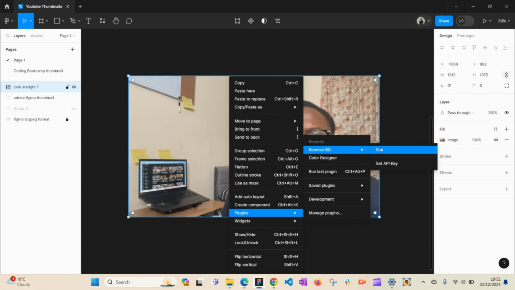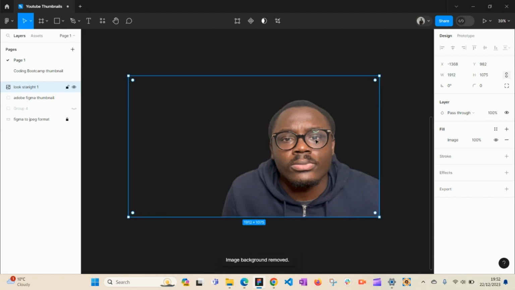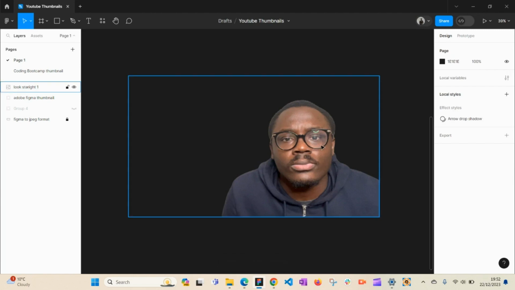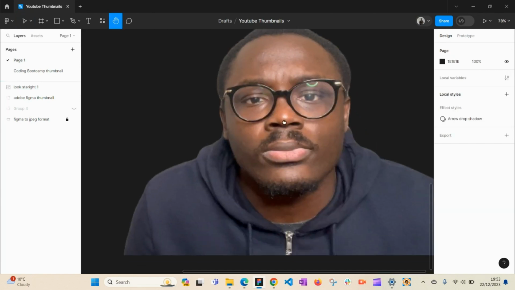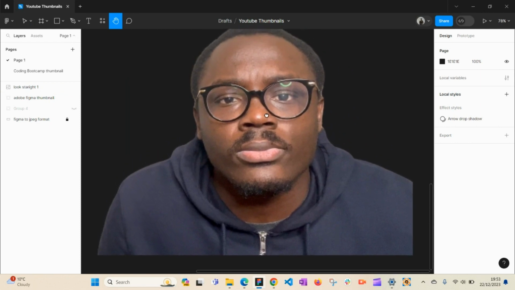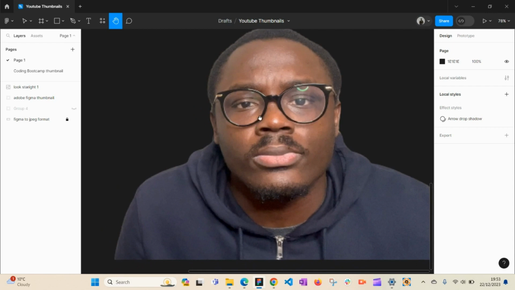So now I'm going to click run, and it's going to wait about 4 to 5 seconds. And there you go, guys. It's not perfect, but it still does a great job. Okay, because like I said, Figma is not an image editing tool, but it still does a great job of